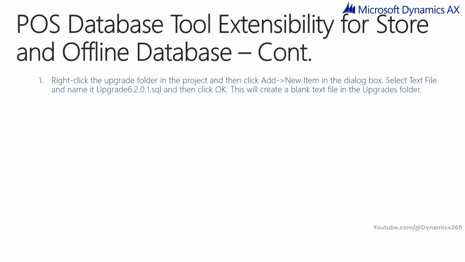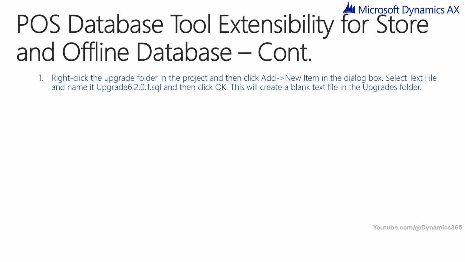Right-click the upgrade folder in the project and then click Add New Item in the dialog box. Select text file and name it upgrade 6.2.0.1.SQL and then click OK. This will create a blank text file in the upgrade folder. Add your schema modifications and SQL scripts to upgrade